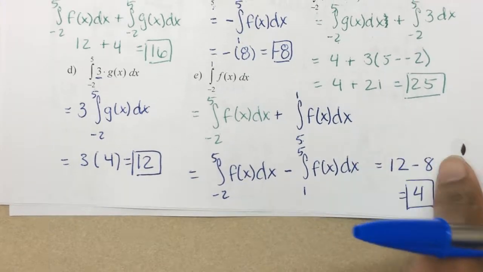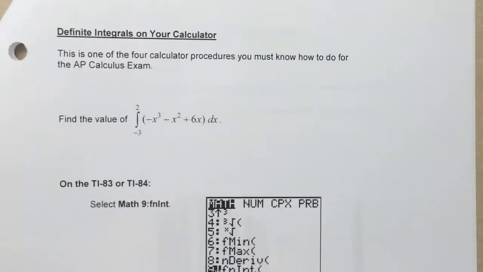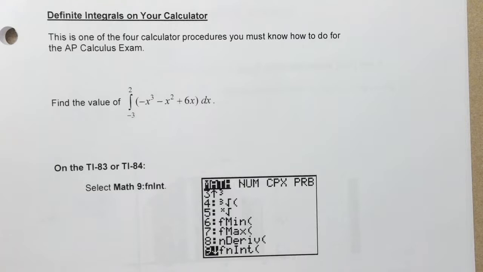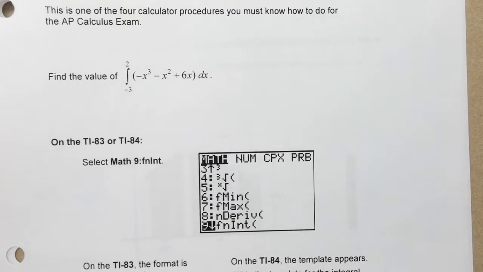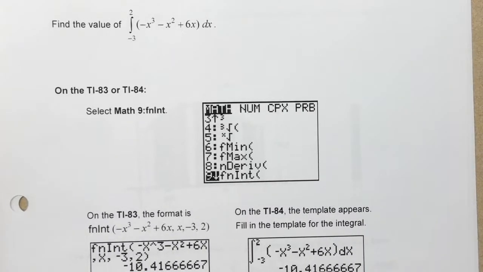Now this last page is how to find definite integrals on your calculator. This is one of the 4 calculator procedures you will know how to do for the AP Calculus exam. So if we want to find the value of the integral from -3 to 2 of the function -x cubed minus x squared plus 6x dx on the calculator,